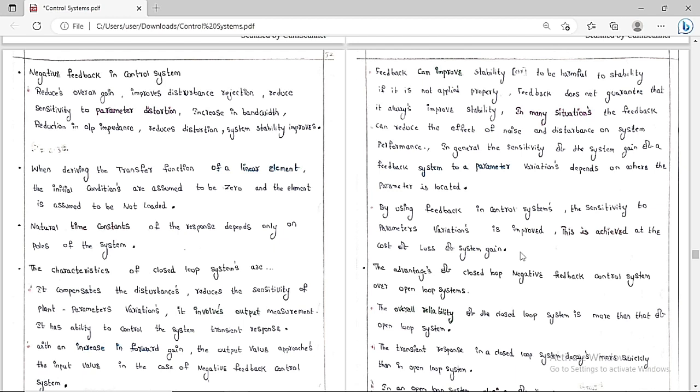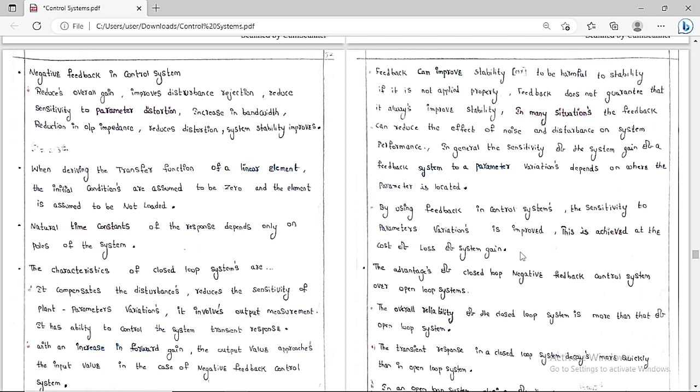Overall gain will reduce, and it is going to improve the disturbance rejection, and it's going to reduce the sensitivity to parameter distortion when compared to an open loop system, and is going to increase the bandwidth. It is also going to reduce the output impedance, and also reduce the distortion, and improve the system stability. So these are the things which are going to happen because of the negative feedback. Whenever you apply negative feedback in a control system, the overall gain is going to decrease. Gain to bandwidth is always equal to a constant. So as gain decreases, the bandwidth will increase,